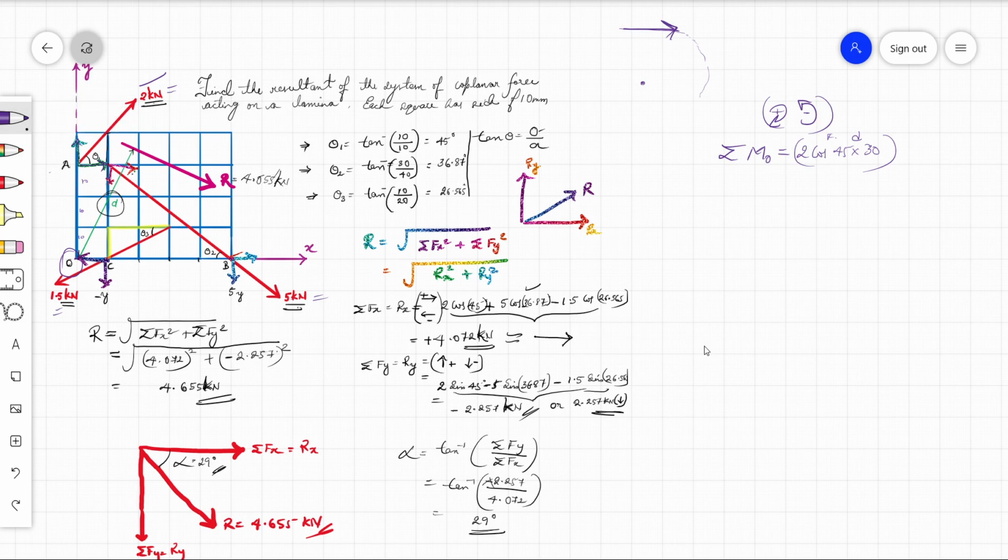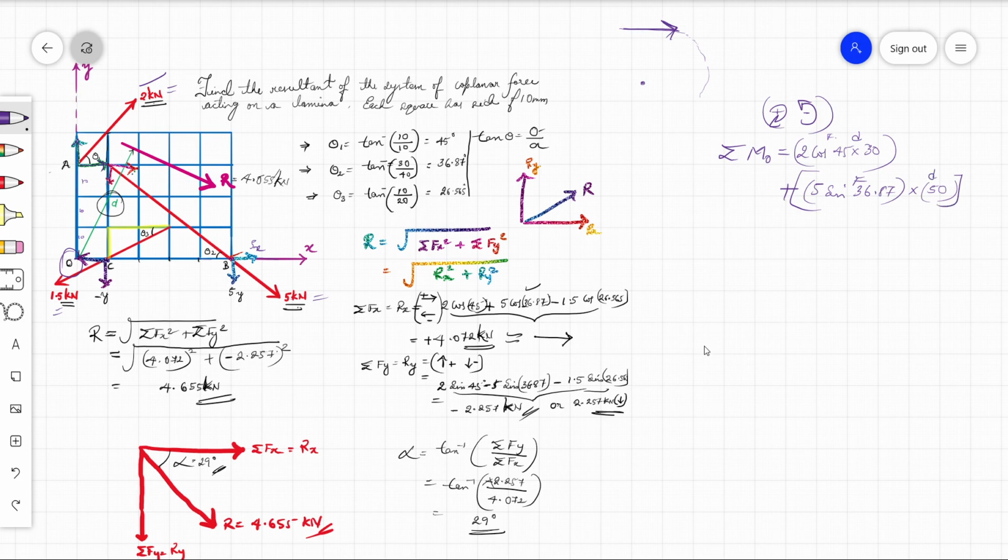So for 5 kilonewton, the x component is passing through the moment center. We can see that this x component is passing through the moment center, so it is zero, and the y component is making a definite distance. And that is also again clockwise. So I'll take it as a plus 5 sine 36.87. This whole thing is force itself, and the distance is 5 units. Okay, that is force into distance.